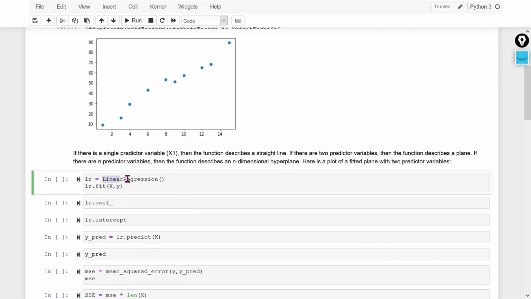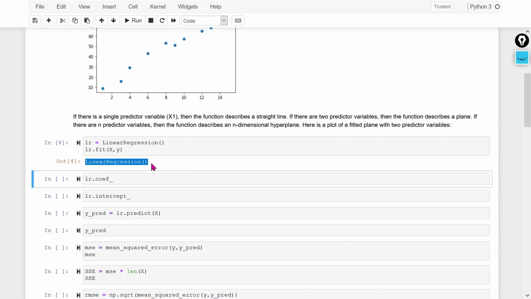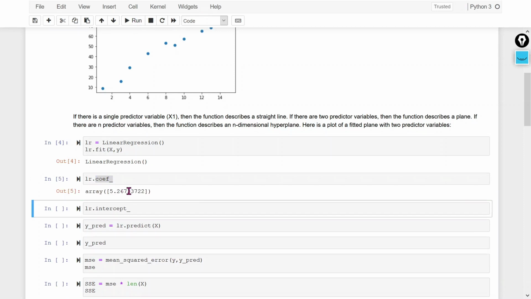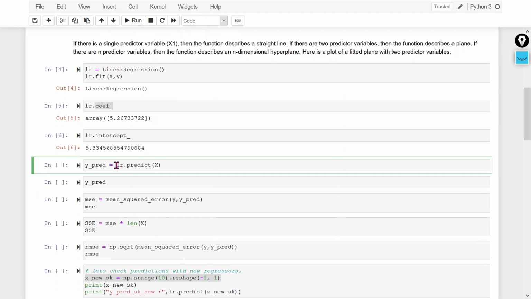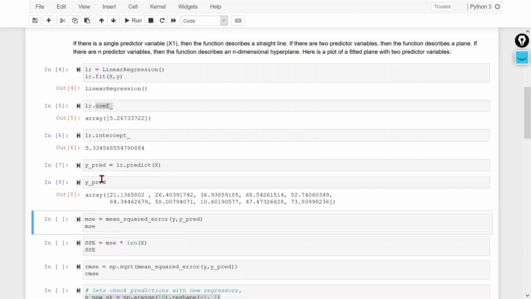So first we will create the object directly. We will create the object and then we will fit the object. In the fitting we will use the input and output variables. Now our fit object has been created. So this object, or our model, has been created now. This model we will use to calculate the coefficient and intercept, and also we will use it to calculate the prediction. You can directly use the coefficient attribute here. You can get the coefficient, you can directly get the intercept, and the prediction you can get with the lr.predict method, and here you can provide the input variable. Now this is your predicted output.